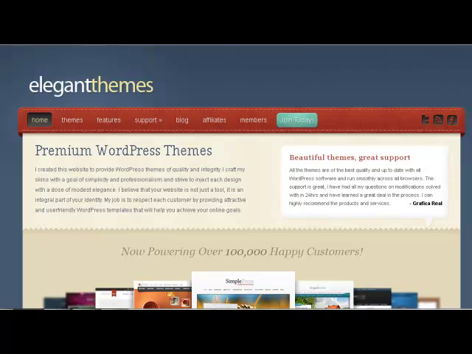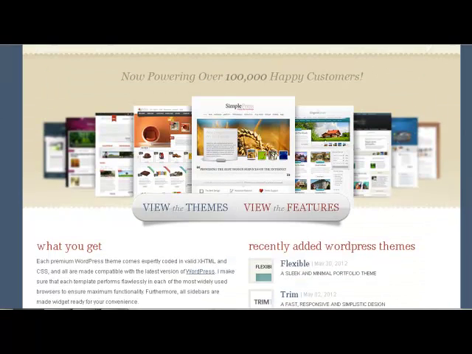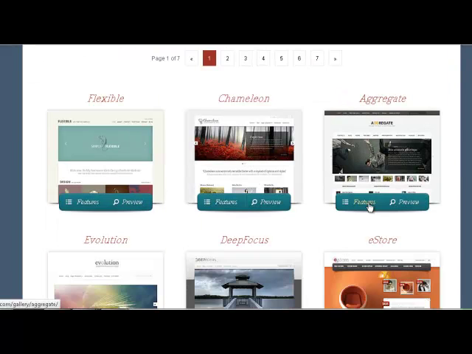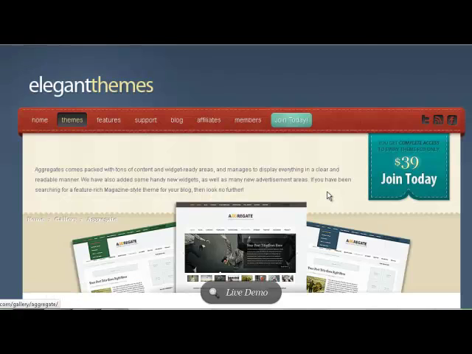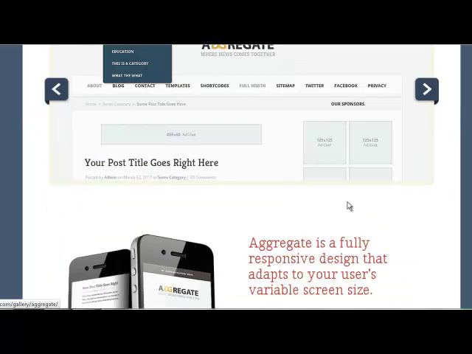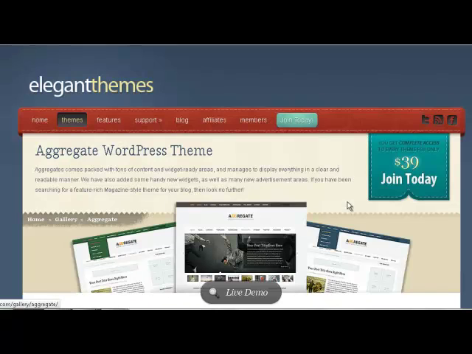So I wanted something basic so I could just dip my toe in there, and it's a perfect option for that because they have a lot of different cool offers. A lot of it's more towards blogging, so you won't find a lot of customized ideas, but they do have some cool ideas. Now, I could go to view themes if you wanted to look at it ahead of time. You could also view the features as well. But if you really want a full look at how this works, this is the Aggregate theme, as you probably noticed. They give all the lists and show some details here. If you really want to know what it's like, I'm going to give you an inside peek at the membership area in the back. So let's go into members,